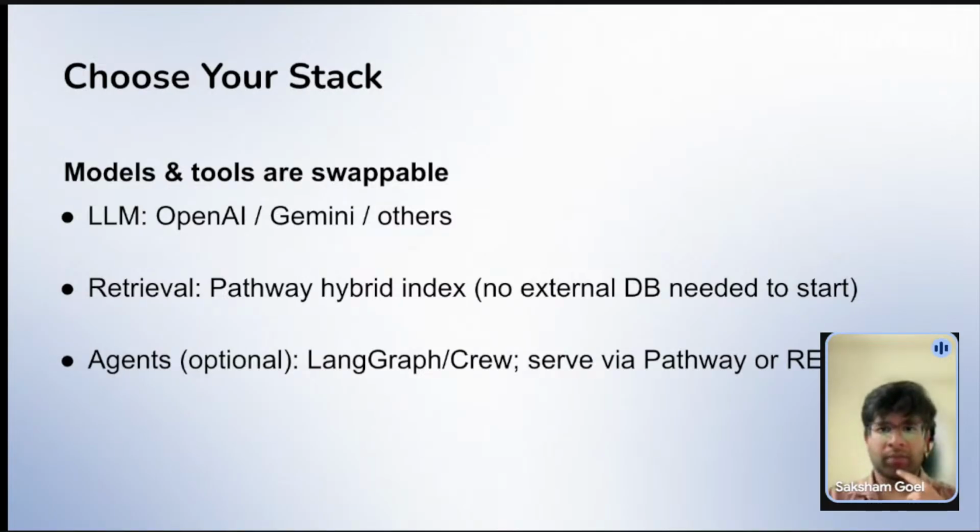So, choosing your stack, obviously you can use any LLM. Gemini provides $300 free credits, so even if you don't have an OpenAI key, that is not an excuse. For retrieval, you should check out different indexing strategies. Maybe it's BM25, USearch, or a simple KNN search. No external database is needed. Even if you're using databases like Qdrant, Pinecone, or Weaviate, your solution would be discarded, your solution would be disqualified. The only hybrid index you need to use is Pathway's.